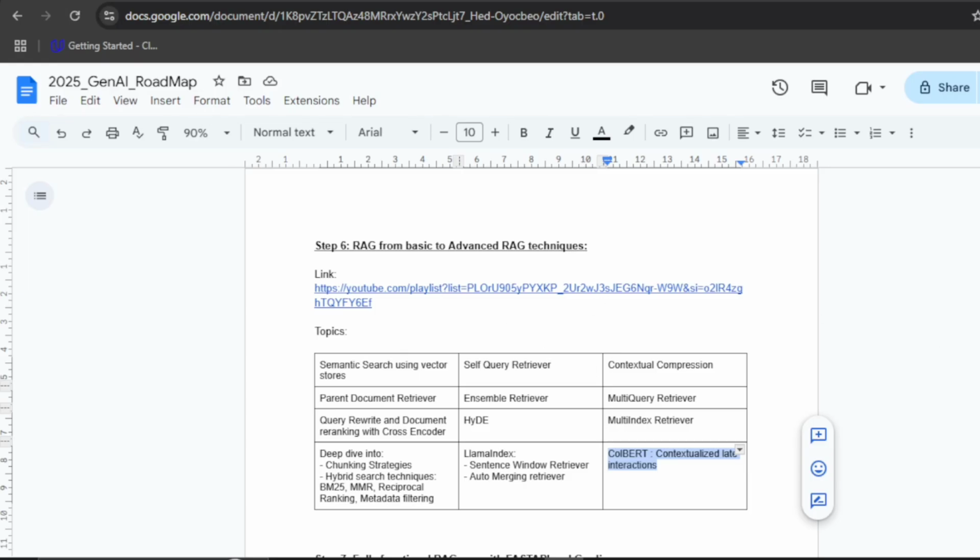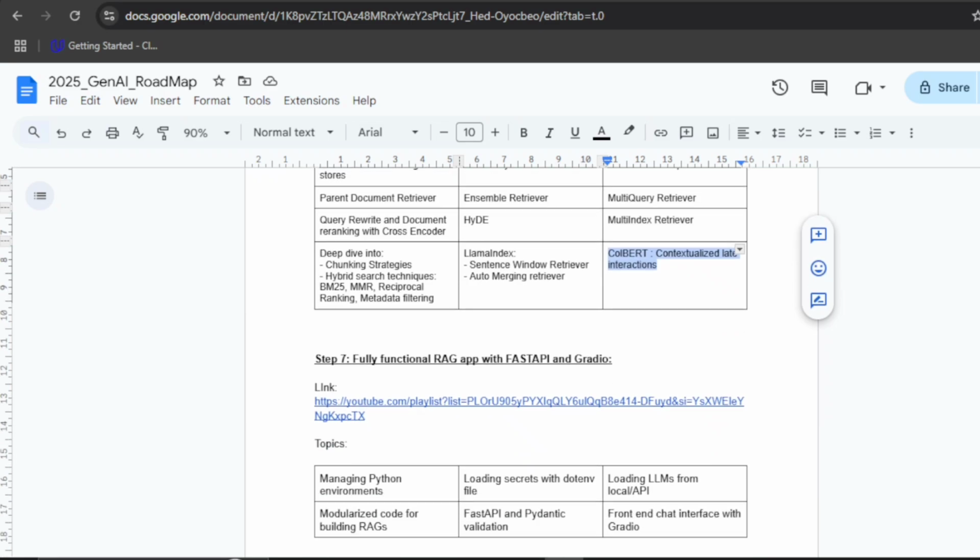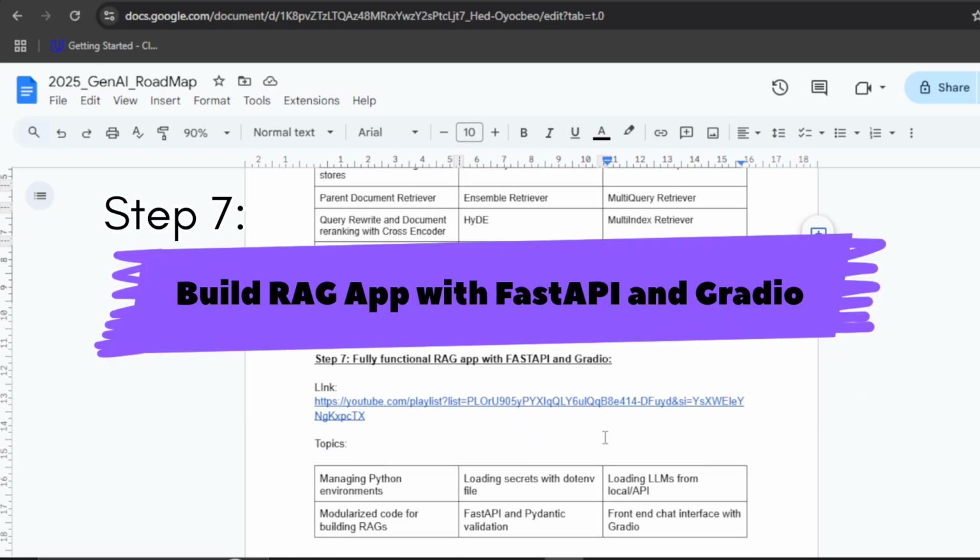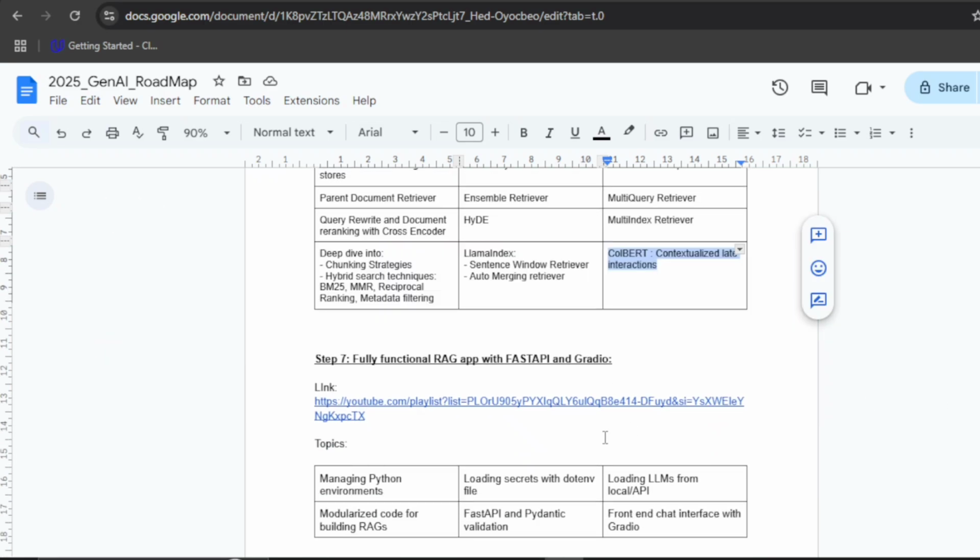So with that, what we can do is we can go to step 7. In step 7, we will build a fully functional RAG app with a front end, where we deploy the RAG using FastAPI, and we build the front end using Gradio, right? So this is also one of the popular playlists on my YouTube channel, which will take you through starting from how you can manage